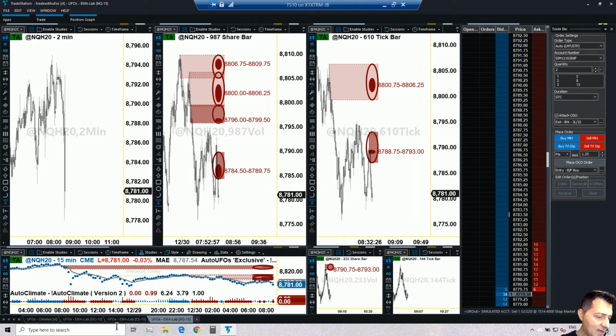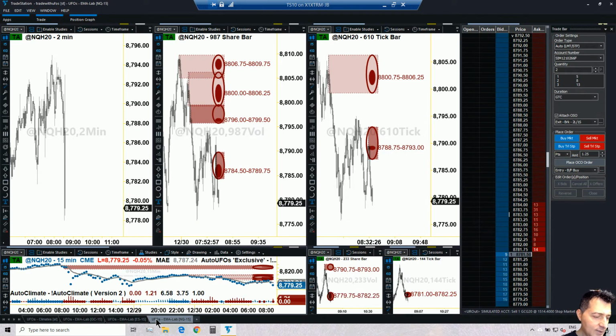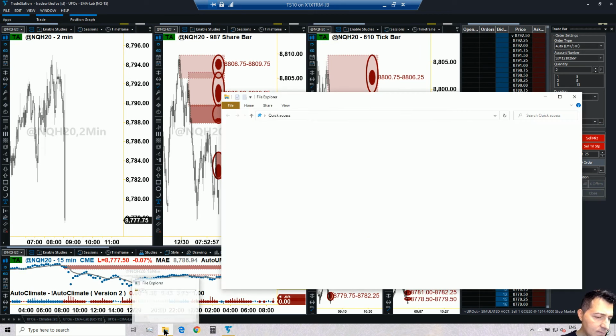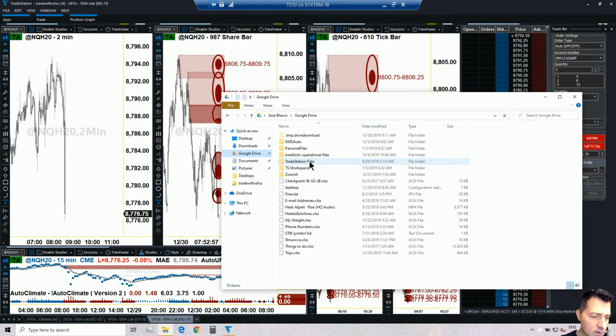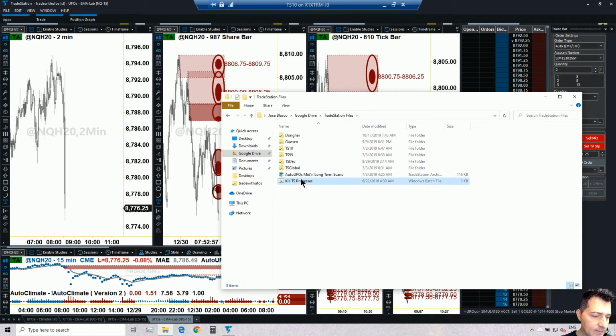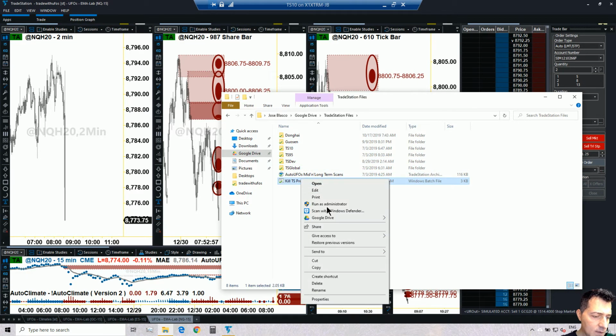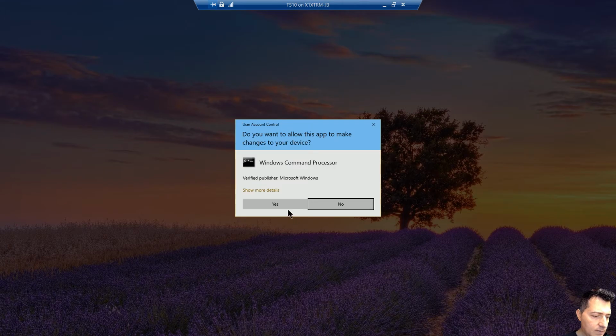My God, I'm having an issue here with my TradeStation, which is not reacting to me. So yeah, I'm going to have to do the same thing I did before, guys. Sorry for that. I'm going to have to kill TradeStation. Major quantity of trading going on. Huge quantity of trading. So yeah, just killing TradeStation.